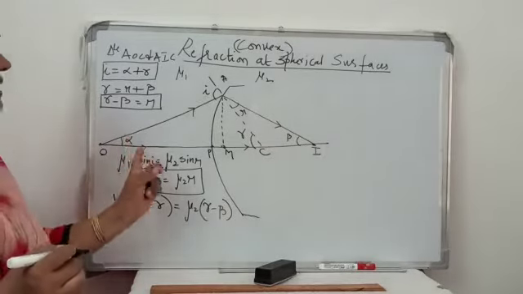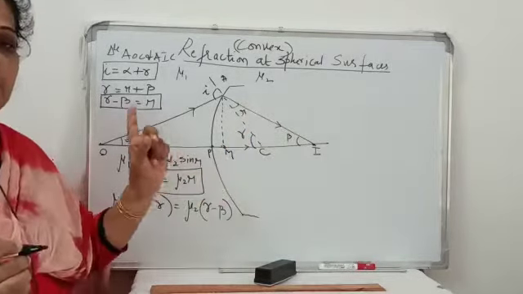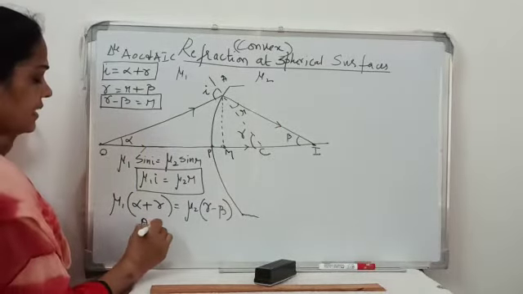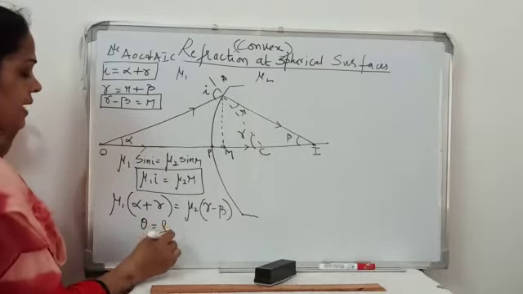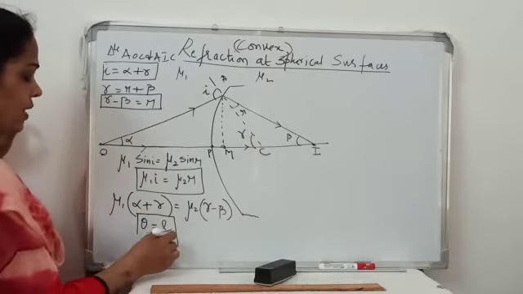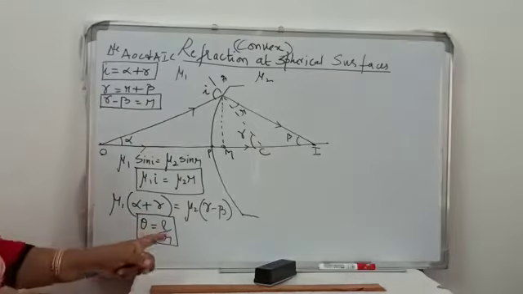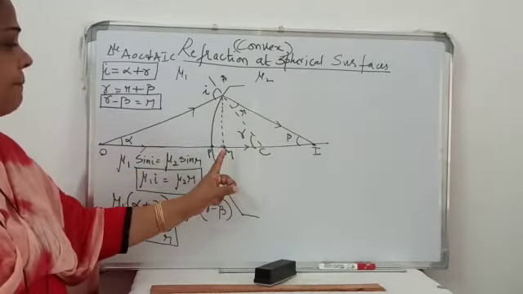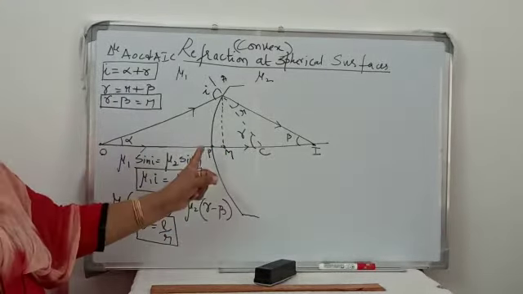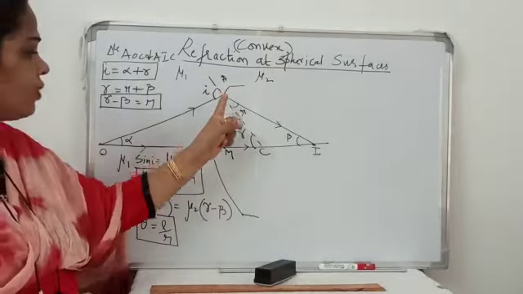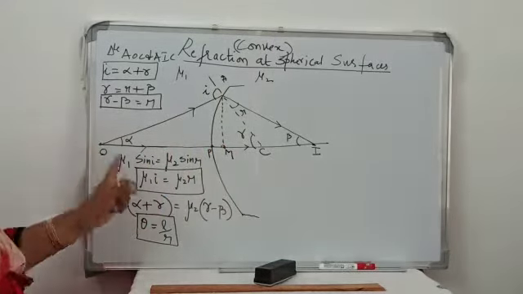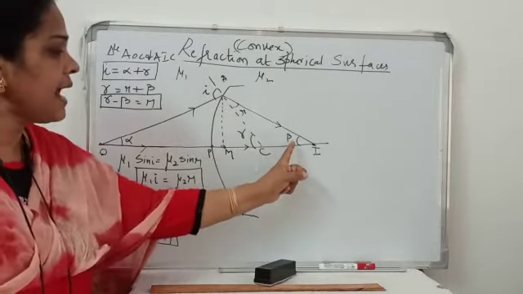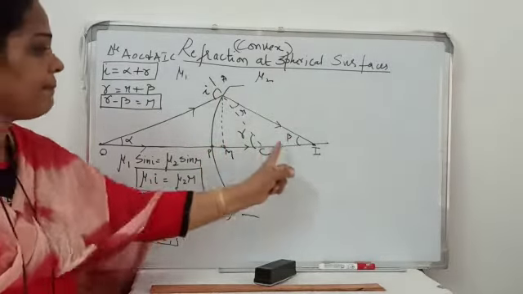Now again we consider the angles alpha, beta, gamma to be very small. Therefore we use theta equal to l by r, that is, angle is equal to arc by radius. So we get alpha to be AM by MO. Since the aperture is small, alpha equal to AM by PO. Similarly, gamma is AM by PC and beta is AM by PI.